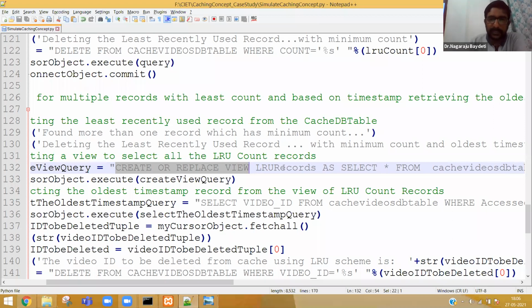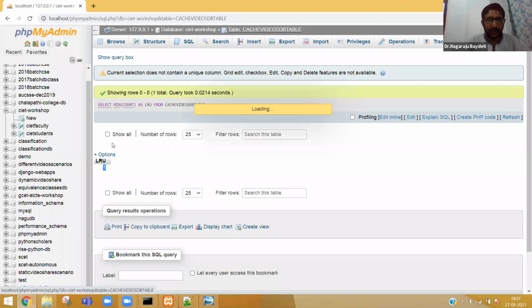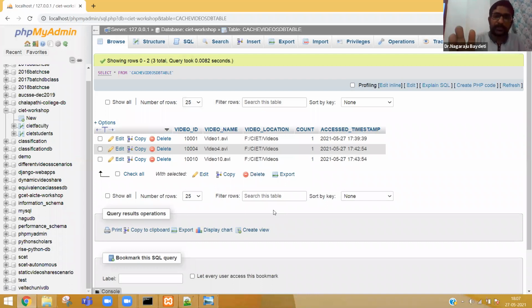The view name is LRU records. It's a view created. For what purpose? Imagine at this current situation in our program, at this point, we have 3 records with minimum count 1.